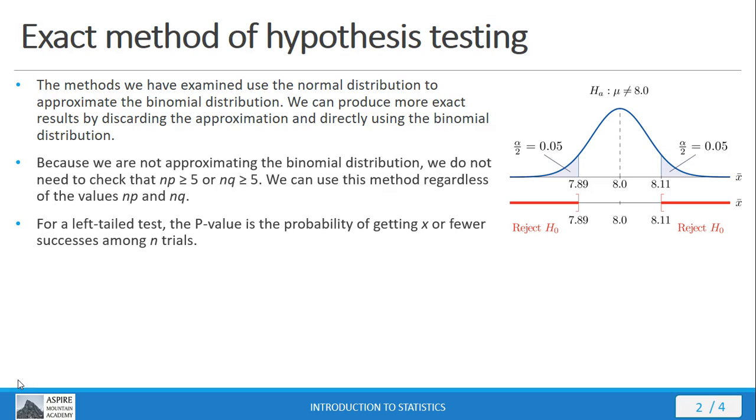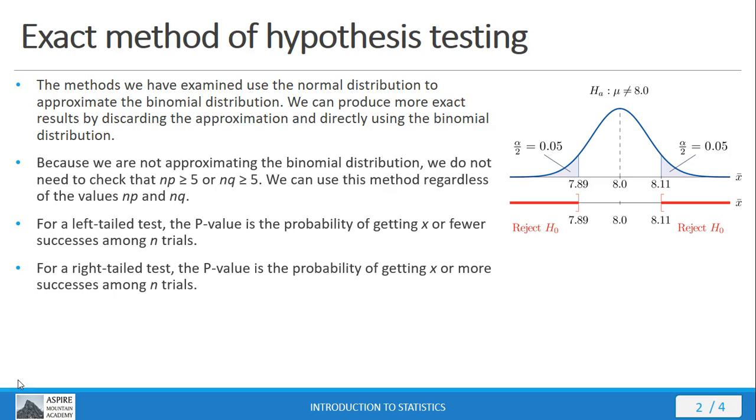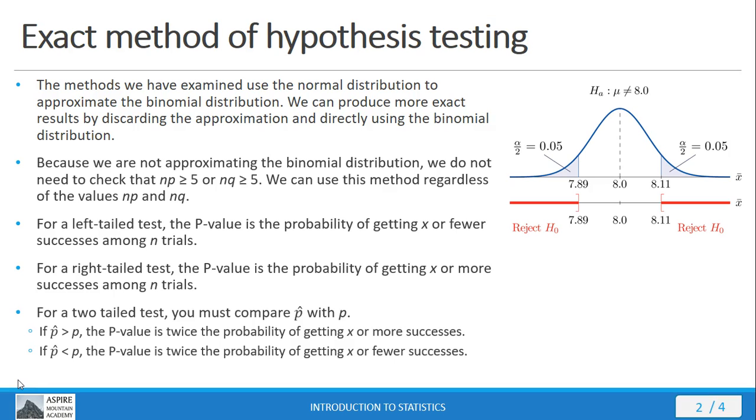And this is how we do it. For a left-tailed test, the p-value is going to be the probability of getting X or fewer successes among n trials. For a right-tailed test, the p-value is going to be the probability of getting X or more successes among n trials. And then for a two-tailed test, you've got to compare the sample proportion with the claimed population